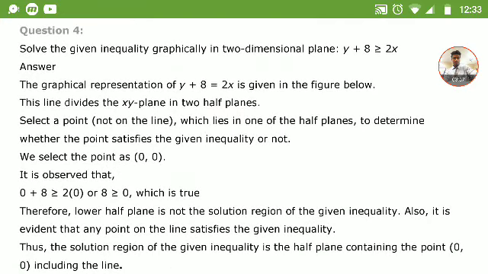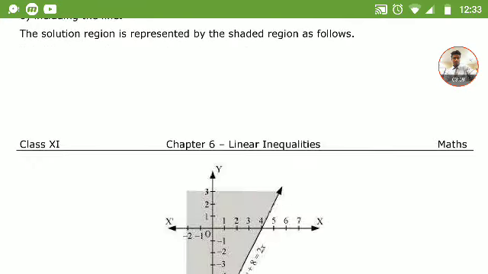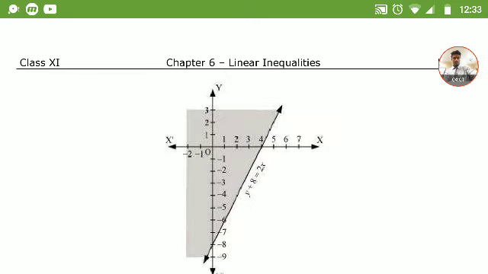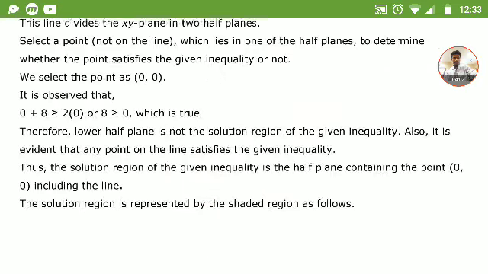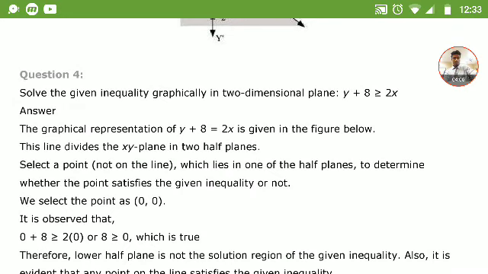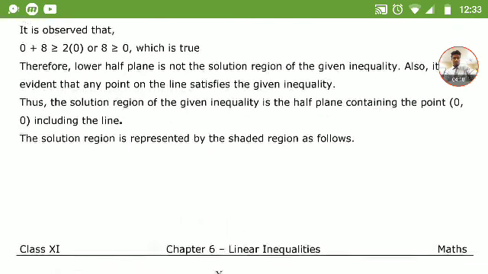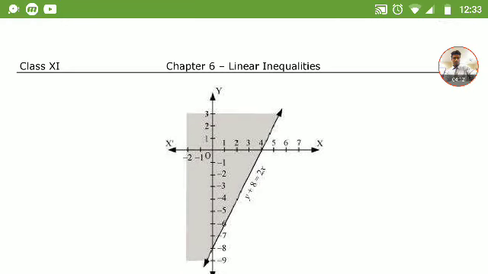Now question number 4, same thing, bring this to LHS and you get this kind of a graph, and origin will be included. Why? Put 0 comma 0 out here. 0 is greater than or equal to minus 8. That is why origin is included. Okay,